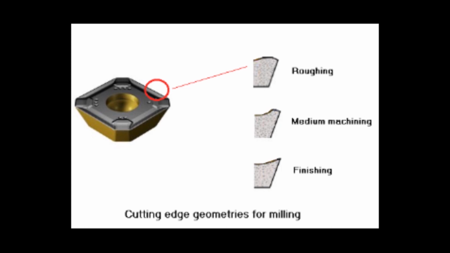In finishing, the cutting forces are low because the depth of cut and feed rate are low. The cutting edge in this case, therefore, is sharp with zero land. The sharp edge also results in low distortion and bending of the part, which is required for getting close tolerances. This is like the kitchen knife for cutting a tomato.